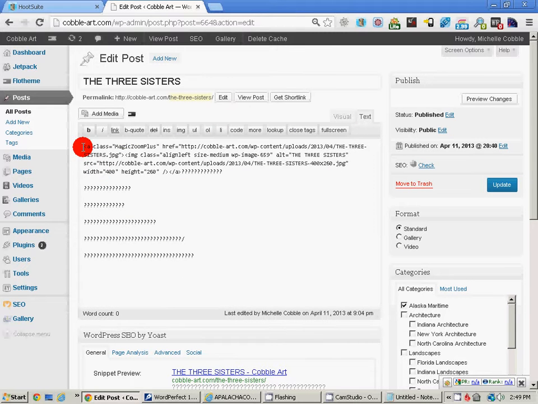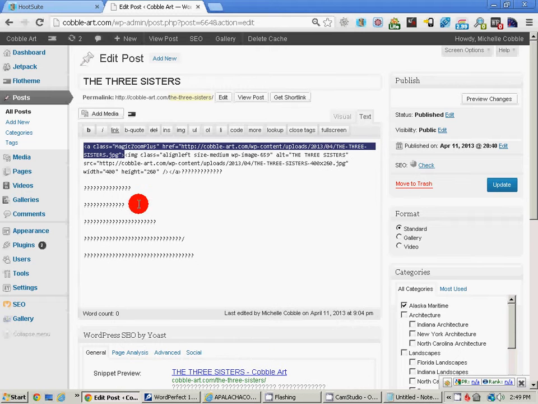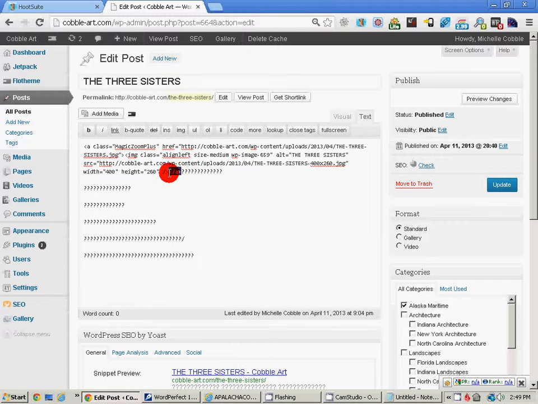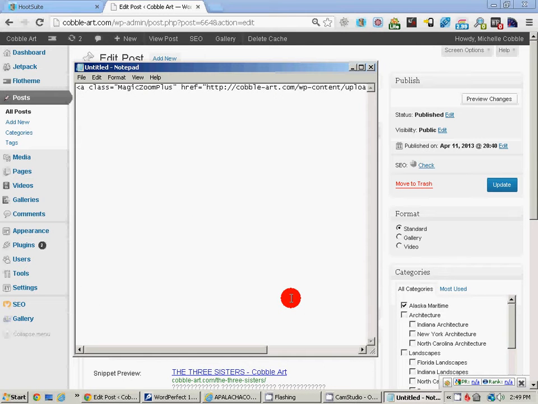Now let me show you the code that's been added at the very beginning. This first bit of code, I copied that and I'm going to paste that in there, and then this last little snippet at the very end, which is the bracket backslash a bracket. Alright, so basically this code right here, which was added, it says the class, which is